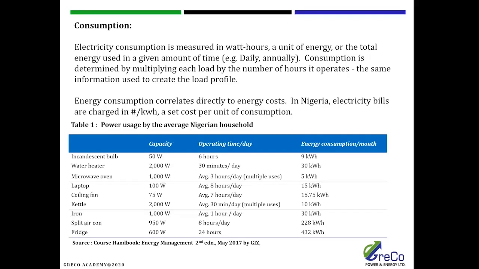In this table, appliances have been listed, their capacity in terms of the wattage, then a typical operating time of use per day was also listed, and then it ended with an energy consumption per month. That means, for example, if we were to take the first one, which is incandescent bulb, we multiply the 50 by 6 hours, which gives us